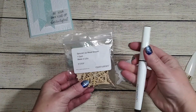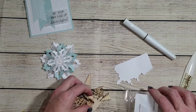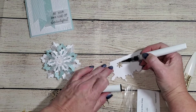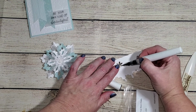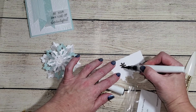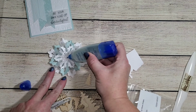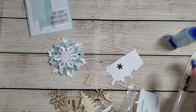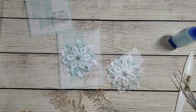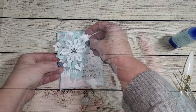To embellish my snowflake, I'm going to use a black shimmer brush on top of one of these wood shapes. And you can see here in the Spruce Up collection, there's a lot of fun little icons. I've chosen a small wooden snowflake, and I'm going to brush that black shimmer across the top. The black shimmer is just like ink, except it has fun little glittery bits in it. So I'm just going to add the black onto the snowflake, and then I'm going to adhere it using some Tombow glue. So we've completed the card base, and we've completed that three-dimensional snowflake,